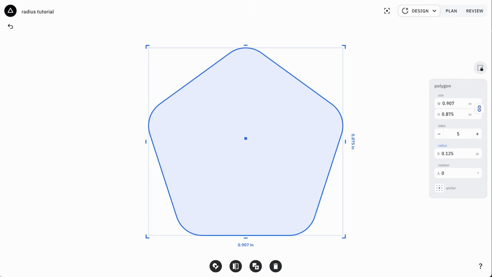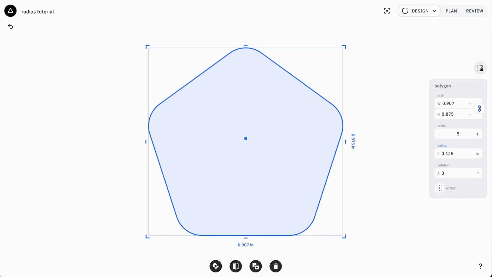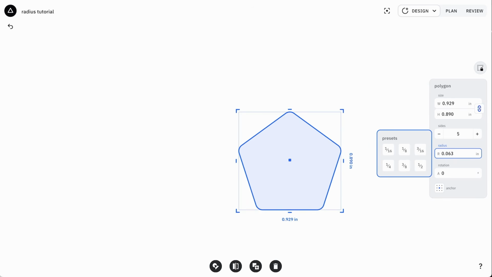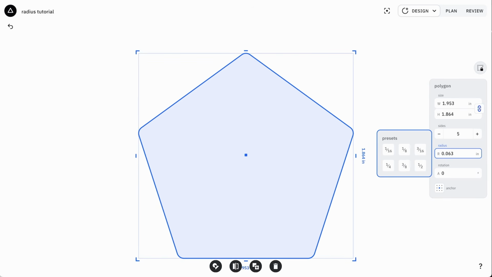That might be everything you want, but maybe you want to change your mind. So that's what's really great about this being a parameter in the parameter panel is that you can later come back and say, actually, I wanted that to be about half as round. Another nice thing is that if you scale this up, it will continue to be the same radius that you specified. So that's really nice for fabrication purposes where you're trying to fit a specific bit or you're going for